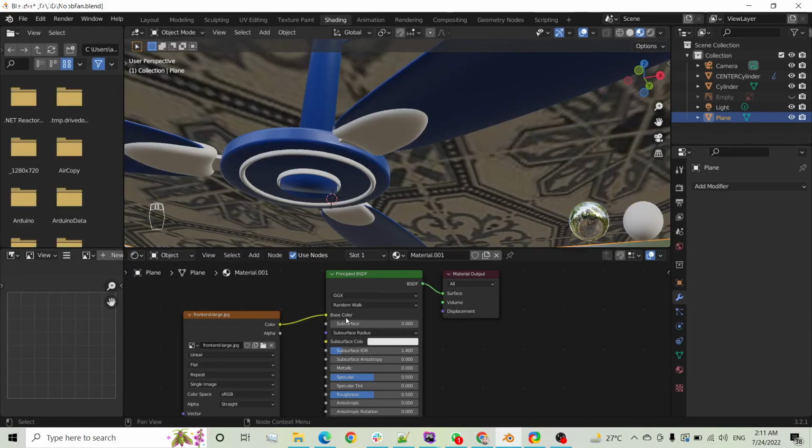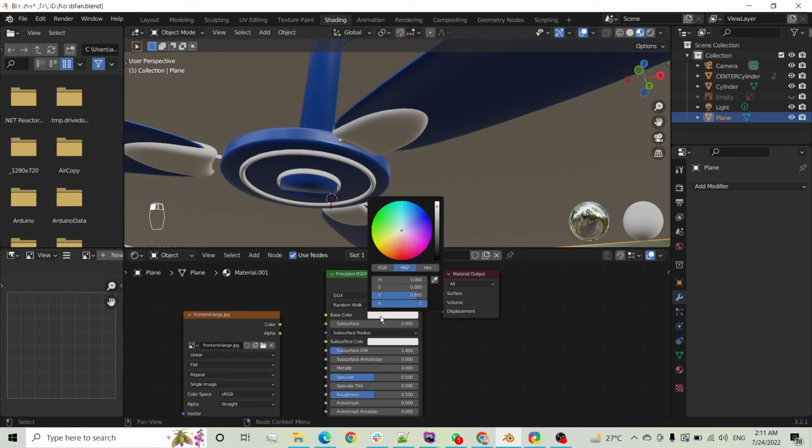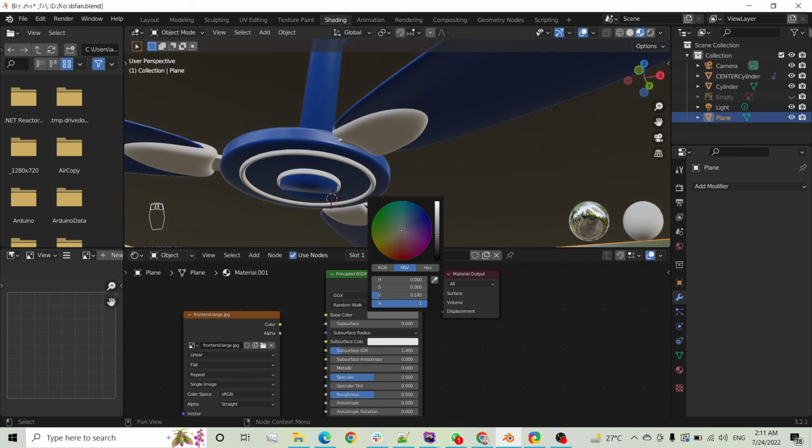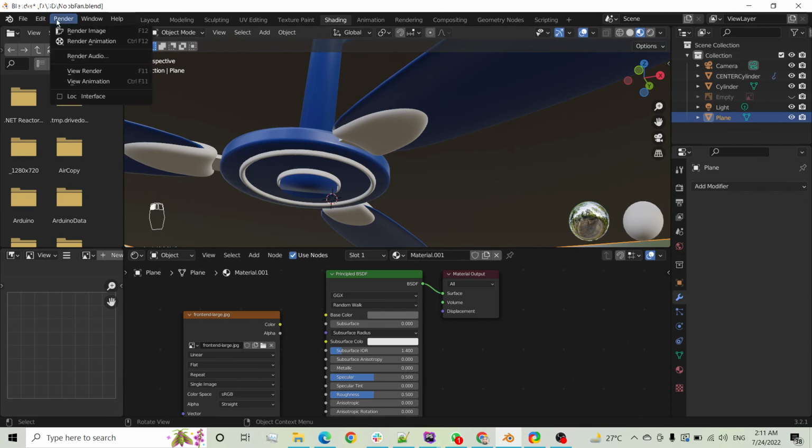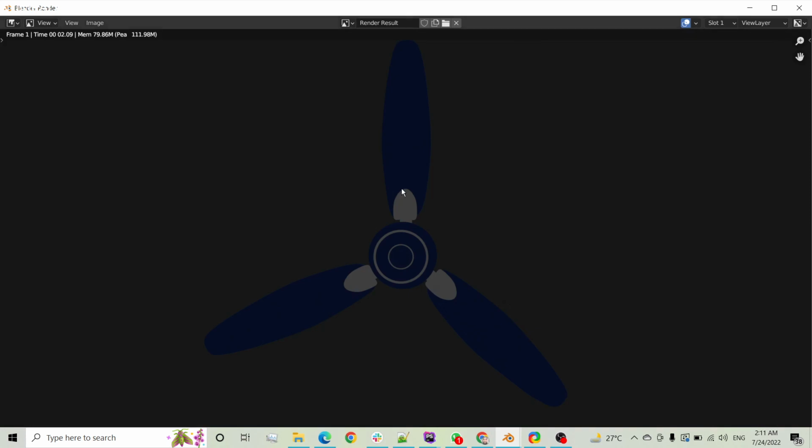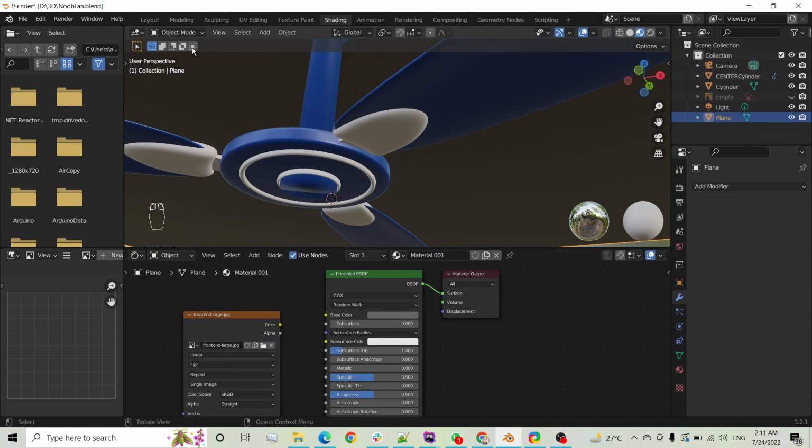Very bad. Disconnect this and change its color to something else. Make it a little bit dark. Hmm? Render again to see what we got. Wow, very dark. But why is it dark? Why is it like that? Look,